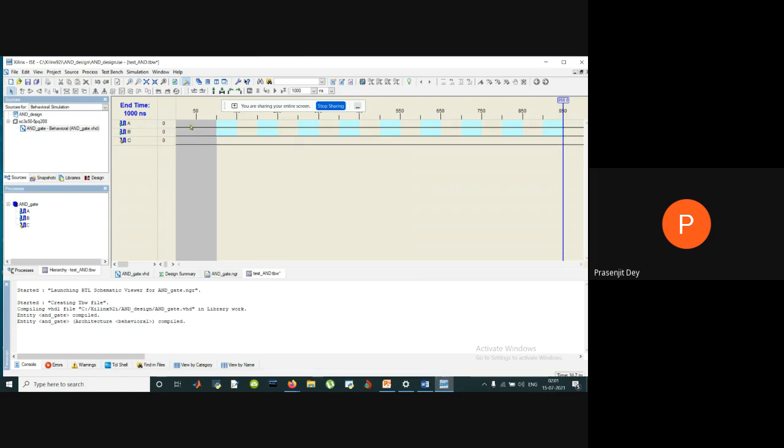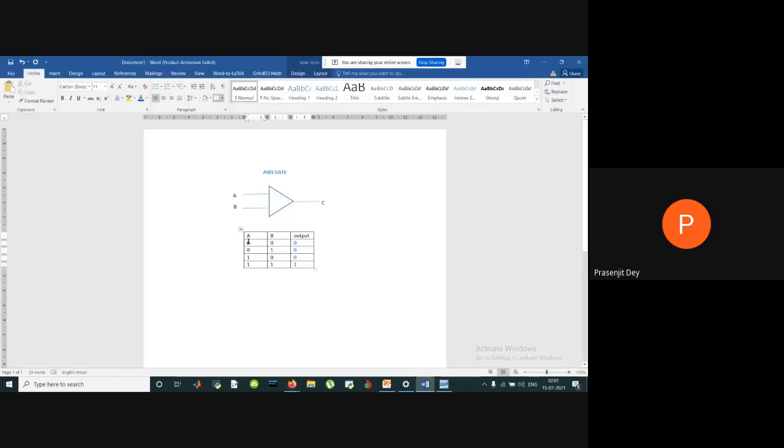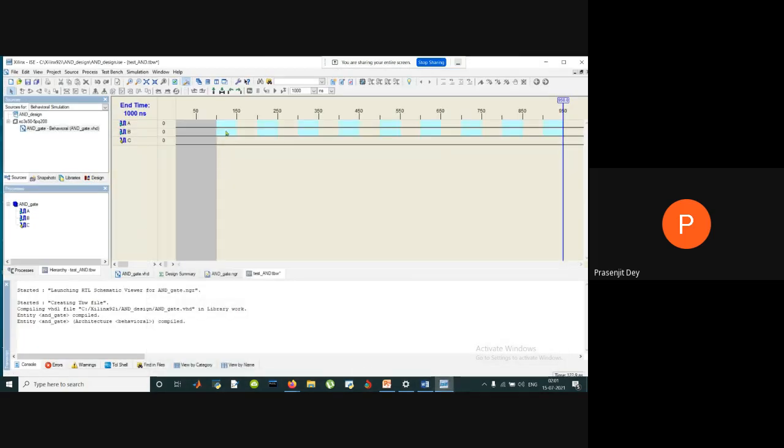Now here 0 to 100, this is the shaded portion. We cannot feed any values, but after 100, suppose what was the value of A and B? It was 00, 01, 10, 11. So initially low value means 0, high value means 1. Initially A, B both are 0.